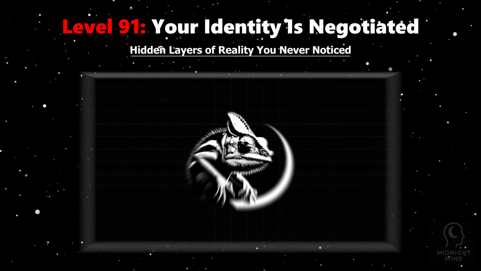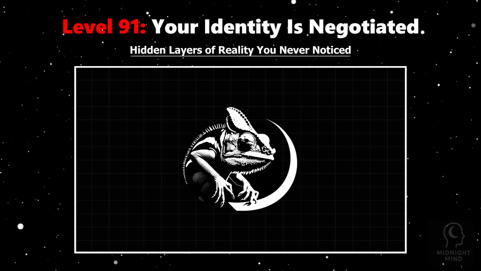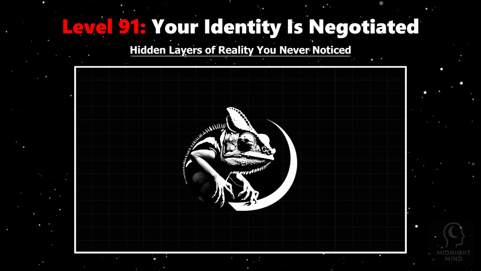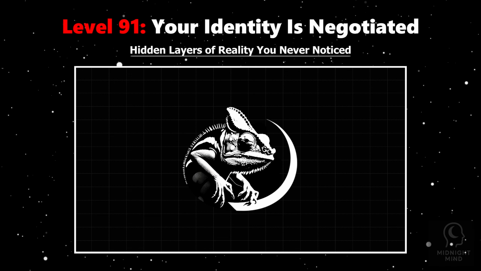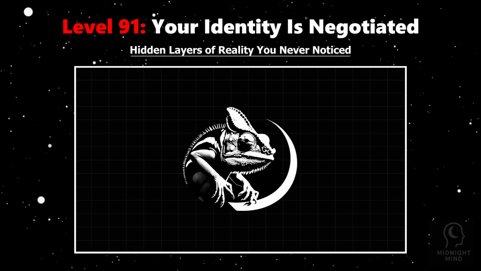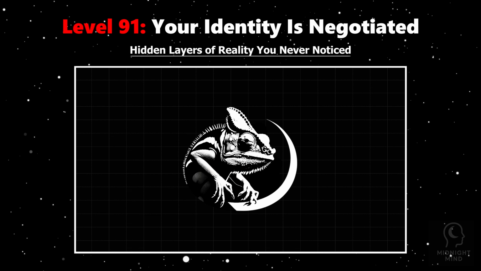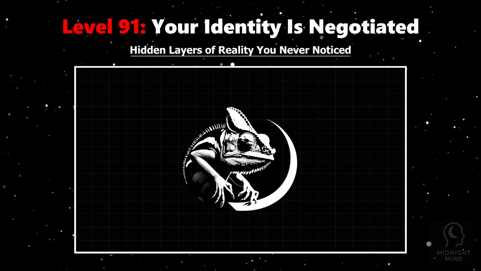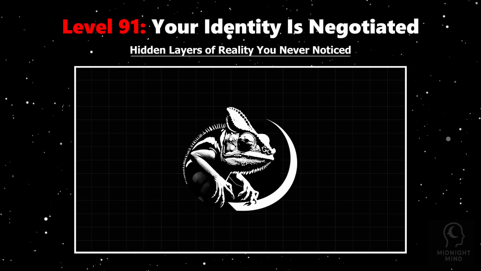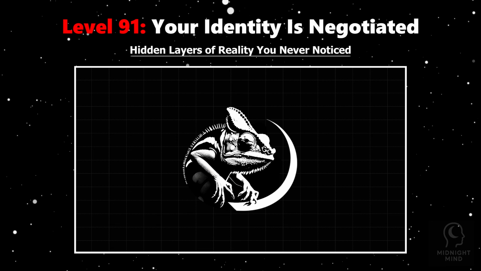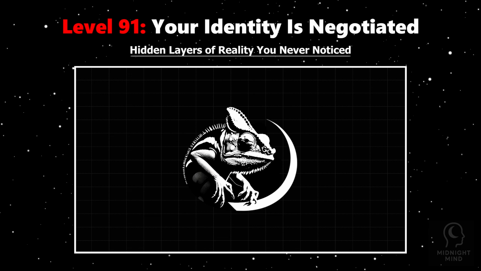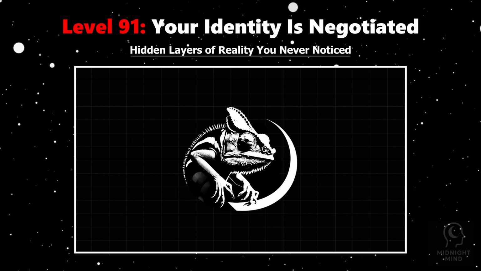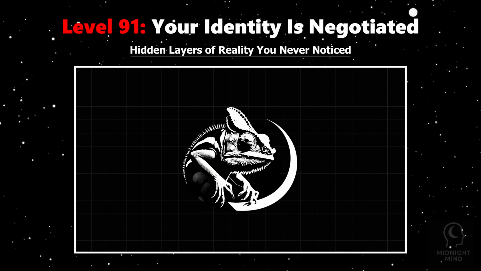Imagine walking into a room and feeling a slight shift within, a change so subtle you barely notice it. Yet, this shift is your identity negotiating itself with the space, the people, and even your own reflection. We like to believe in a fixed, stable self, but psychology and neuroscience reveal that our personality constantly adapts, fluid and responsive to context. Every gaze that meets yours, every conversation you join, every mirror you glance into shapes the self you present and the self you feel inside. This phenomenon is called the situated self.